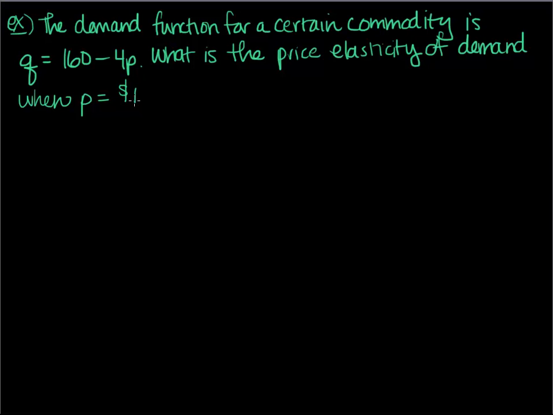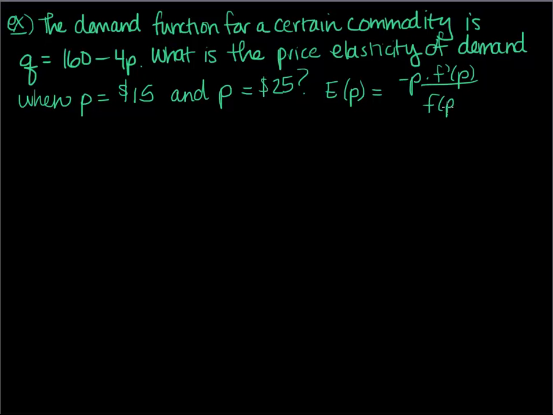When my price is set at $15 per unit and when P is equal to $25 per unit. Okay, so what is the price elasticity of demand when my price is either $15 or $25? Okay, so let's remember E of P equals a negative of P times F prime of P all over